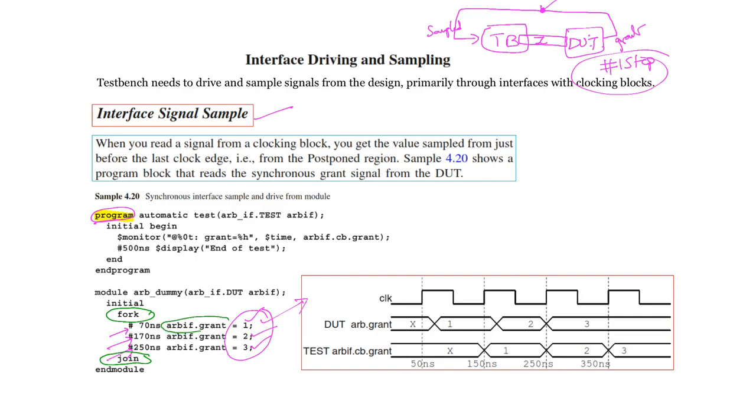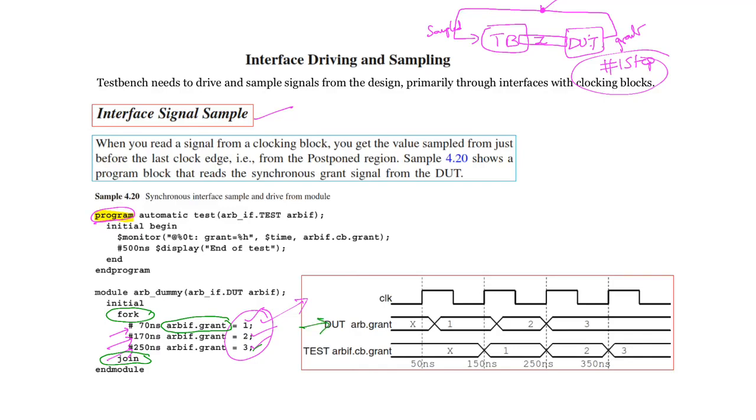That means you are only dealing with the grant signal of the DUT, which is given a value of 1 at 70 nanoseconds, overwritten at 170 nanoseconds by 2, and again overwritten at 250 nanoseconds by 3. So you are dealing with one signal only, but you are changing its value at different times using this fork join. Since the statements within fork and join are executed in parallel,